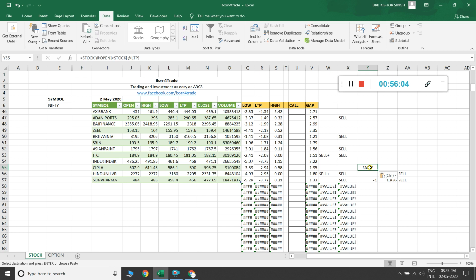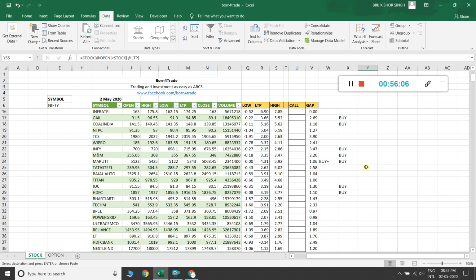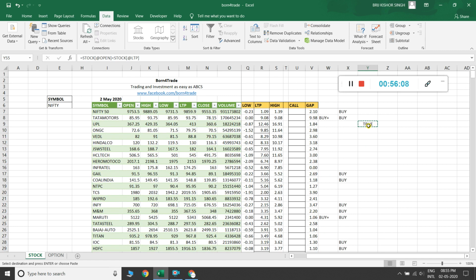That means this logic works for making a B plus signal.